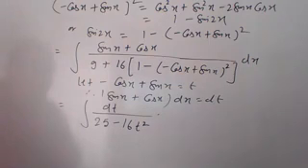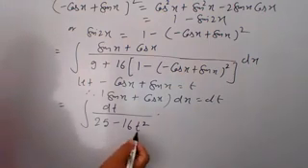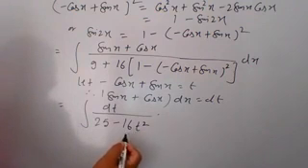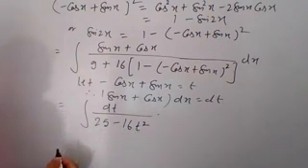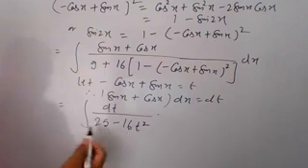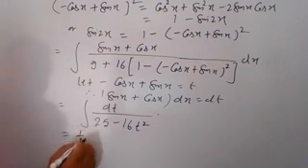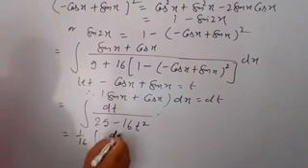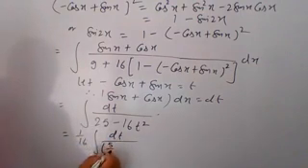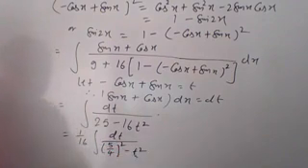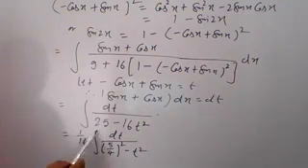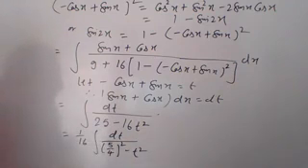Now convert that into a perfect square. First thing, you have to make the coefficient of t square as 1. So you have to take 16 common, right? So if you take this 16 common outside, what will you write? So write that. Here you have 1 upon 16 and dt upon 5 by 4 whole square minus t square. Now applying the formula for integration of 1 upon a square minus x square, which is 1 upon 2a log a plus x upon a minus x.